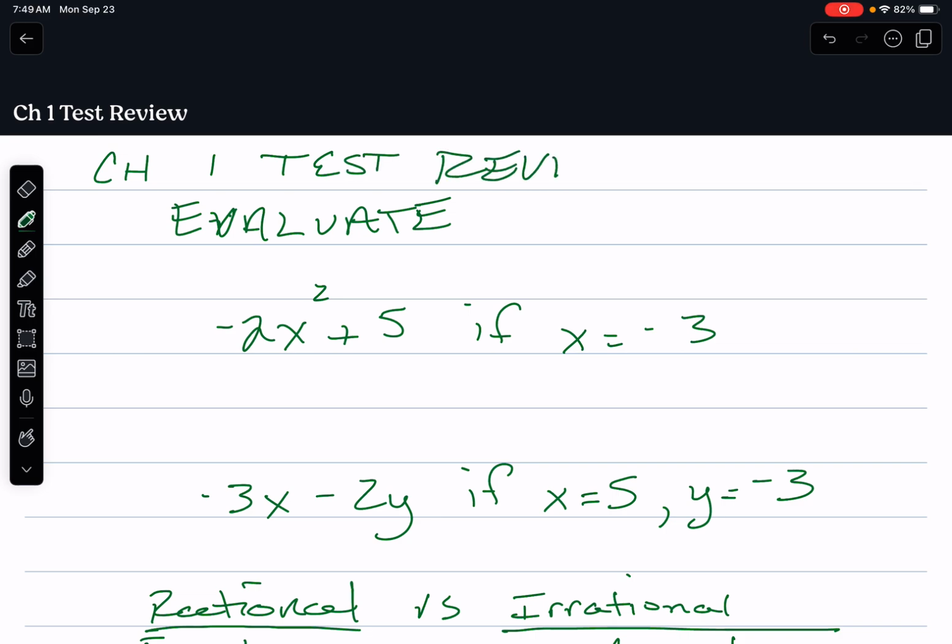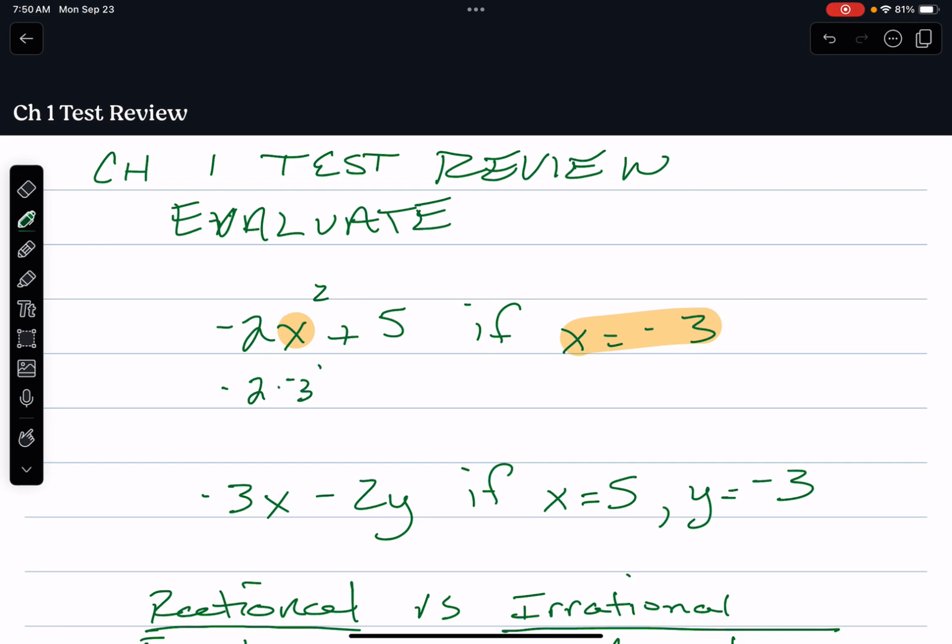Just some things that we've talked about over the course of Chapter 1, things I need you to remember that can maybe help you out. We start off with some evaluations where we're plugging numbers in, right? So we know that we're going to take this -3 right here, and I'm going to plug it in for that x right there. So we're going to say -2